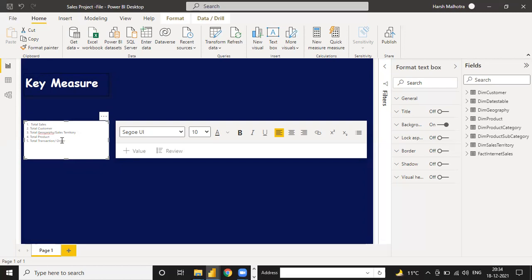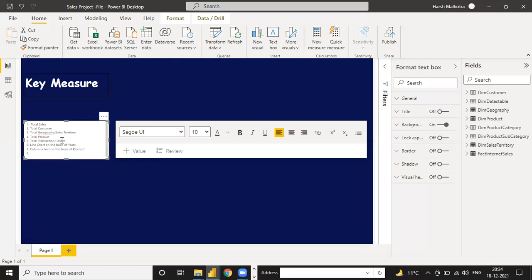So next we have 6, meaning we have to create a line chart on the basis of years. Okay, and a column chart on the basis of gender, or you can enter product.